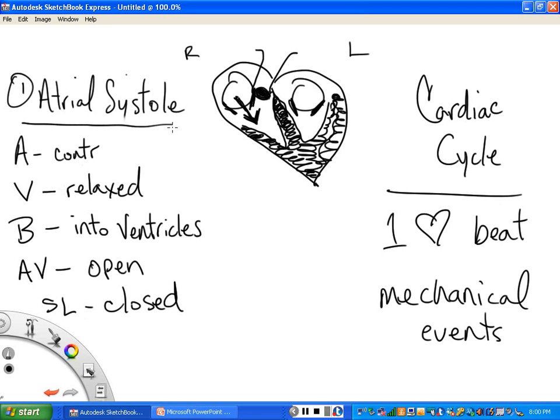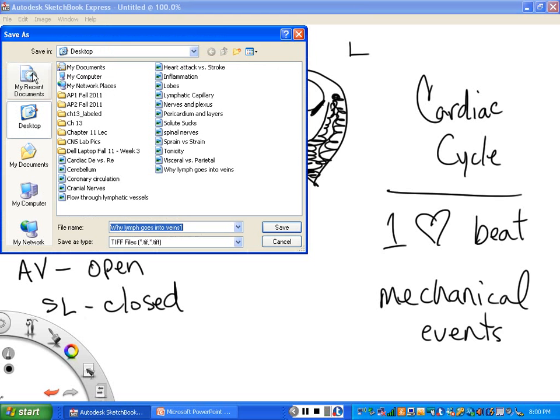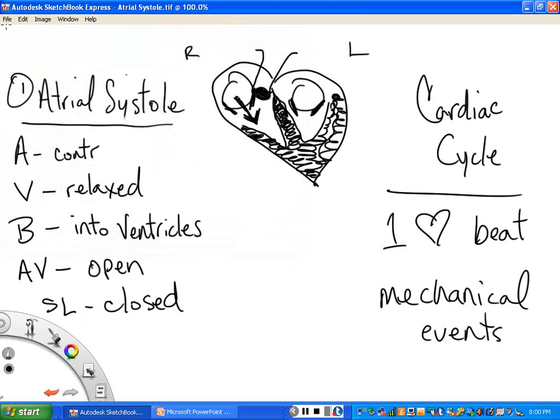First step was called atrial systole. See, all we're doing is we're getting a little fancy and detailed, putting a specific name on it, using fancy terminology to describe the very beginnings of a heartbeat, where the atria contract and push blood down. AV valves are open, semilunar valves are closed. Atria contracting, the ventricles better be relaxed. Okay, instead of changing everything,